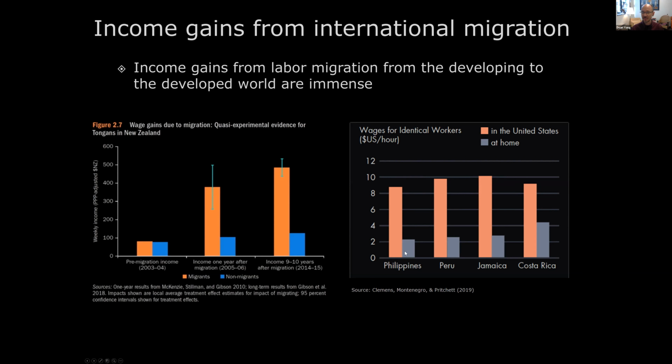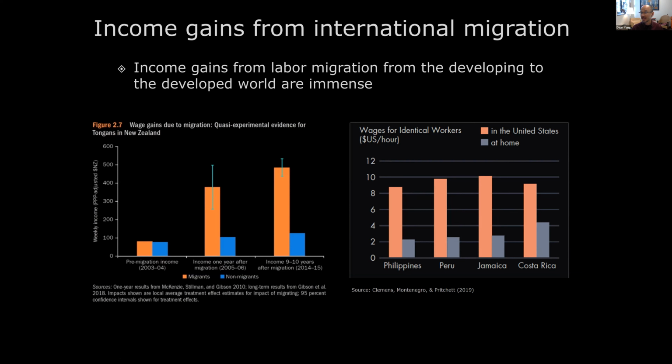You might look at, for example, an individual born in the Philippines with 9 years of education, male, age 30 to 34. What is their income per hour in the Philippines versus in the US? And you see just a fourfold increase for the person who happens to be located in the US versus in the Philippines. Again, these are all observably identical individuals born in the Philippines, same observable characteristics, but one happens to be located in the US and working in the US, and one happens to be back home in the Philippines. And you can do this calculation, I think they do this for dozens of different countries.